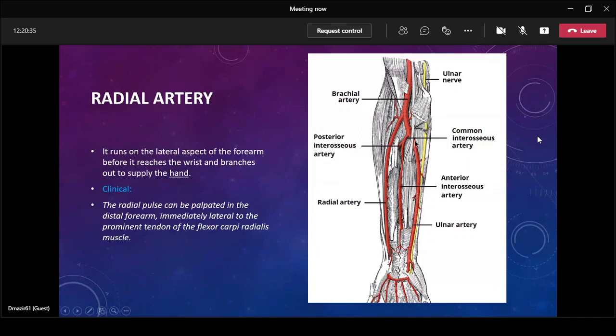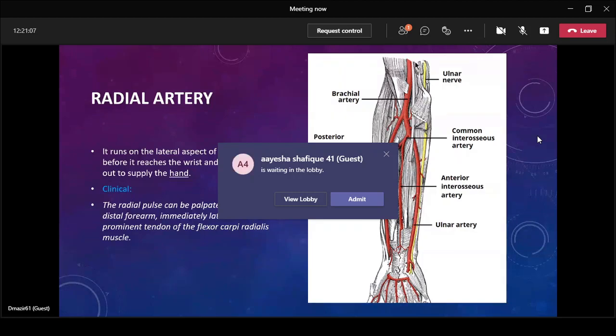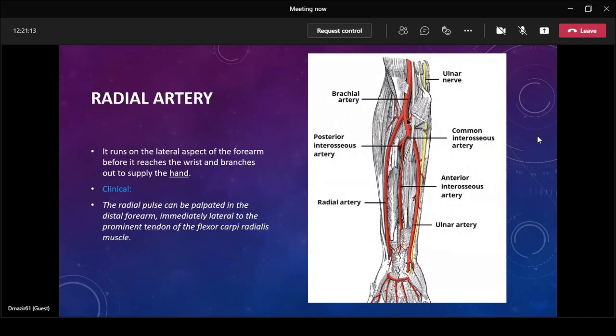The ulnar also gives branches which take part in anastomosis around the elbow joint. We are aware from our background knowledge that there is a superior ulnar collateral and an inferior ulnar collateral, which arise from the brachial artery in the mid and lower one-third of the arm. The superior ulnar collateral goes on the back of the medial epicondyle, while the inferior ulnar collateral remains on the front. They anastomose with the interosseous recurrent and the ulnar recurrent branches.